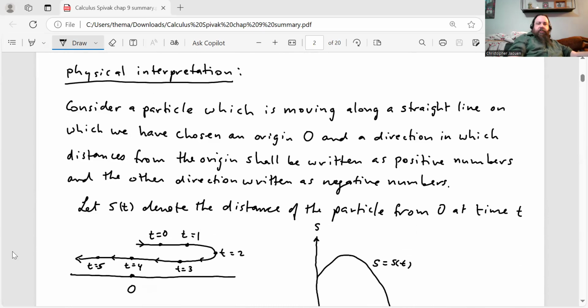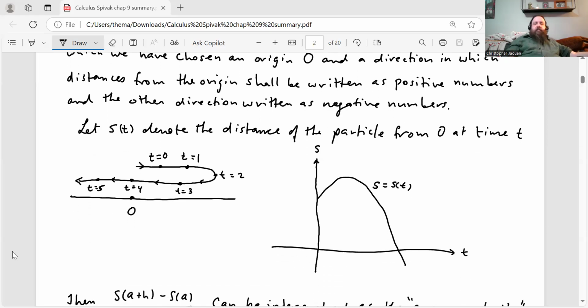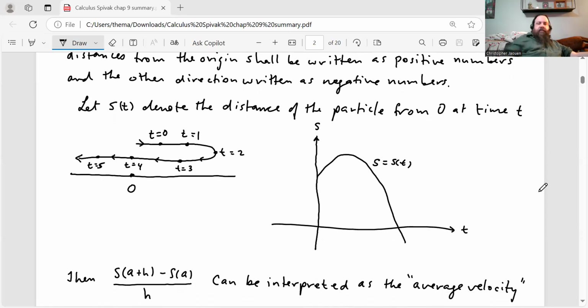Right, there's a physical interpretation for this, obviously, since the subject of calculus was developed for physics. So here's the physical motivation. Consider a particle which is moving along a straight line on which we have chosen an origin O and a direction in which distances from the origin shall be written as positive numbers and the other direction written as negative numbers. And let s of t denote the distance of the particle from 0 at time t. I have the picture drawn over here, a particle moving along a number line. You can also think of this as a graph in the Cartesian plane,